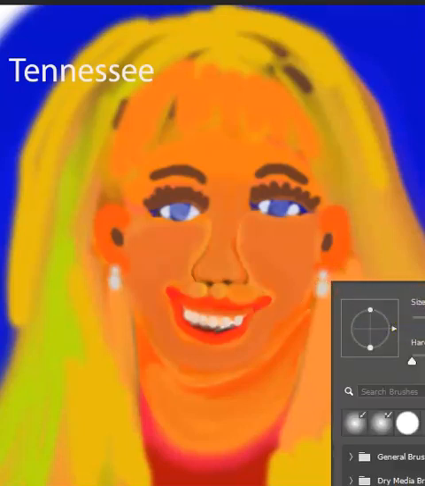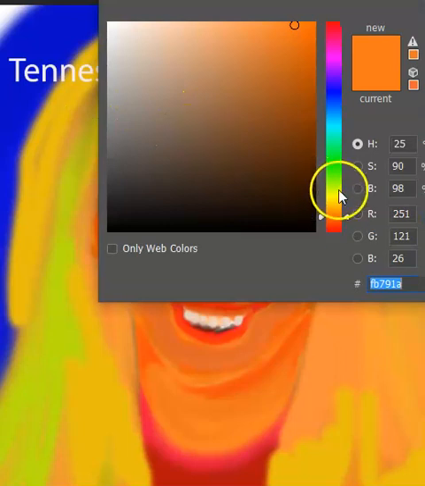Okay, paint a little bit right here, maybe a little bit of silver or something like that, right there on the earrings.